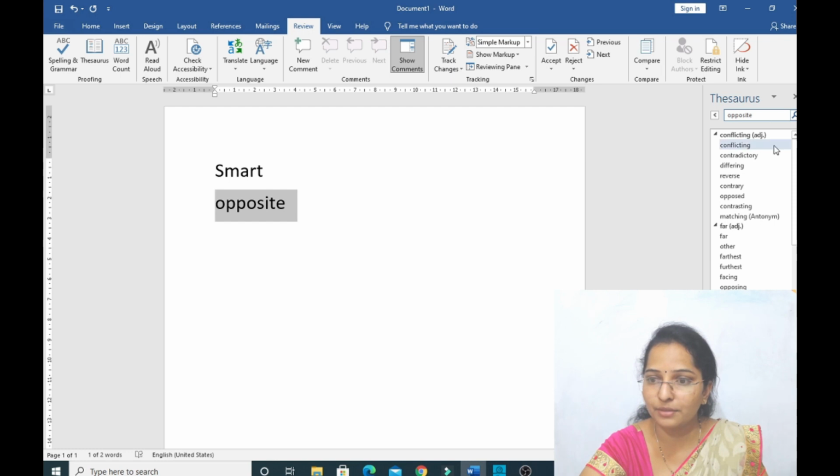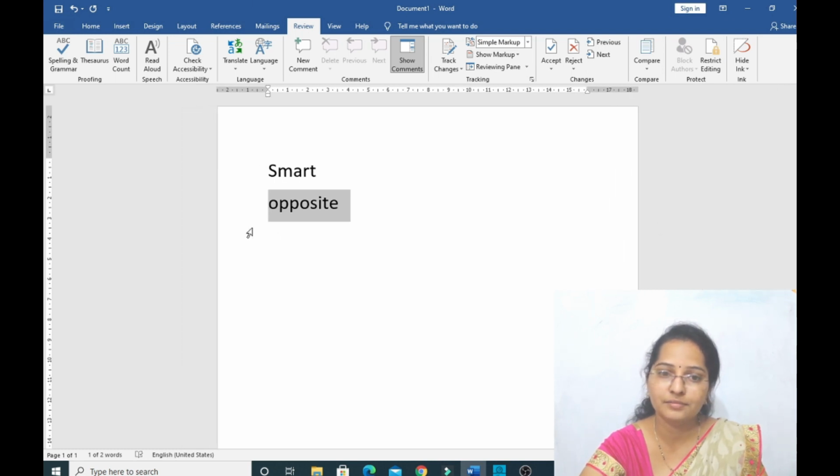See, for opposite meaning I have got these many number of results: conflicting, differing, reverse, contrary, opposed. Okay, these are all similar synonyms and antonyms for opposite word. This is the way to find similar word, list of words of any words or text in MS Word.